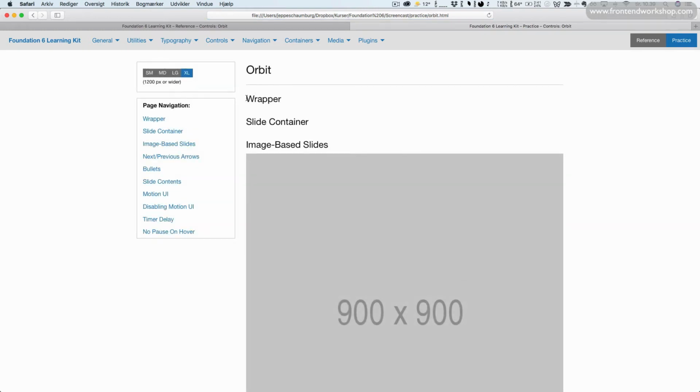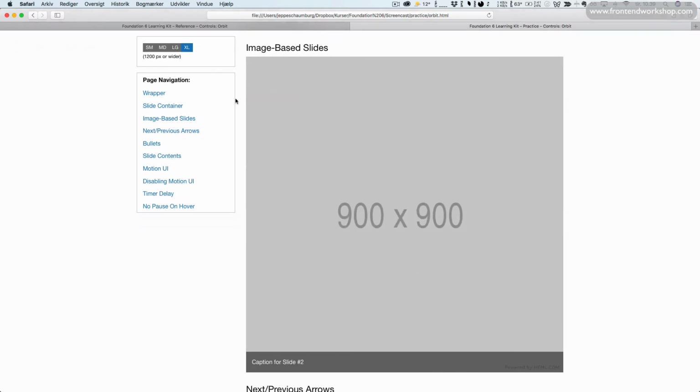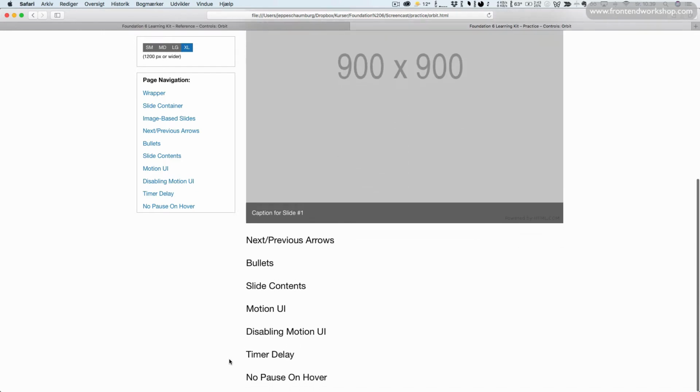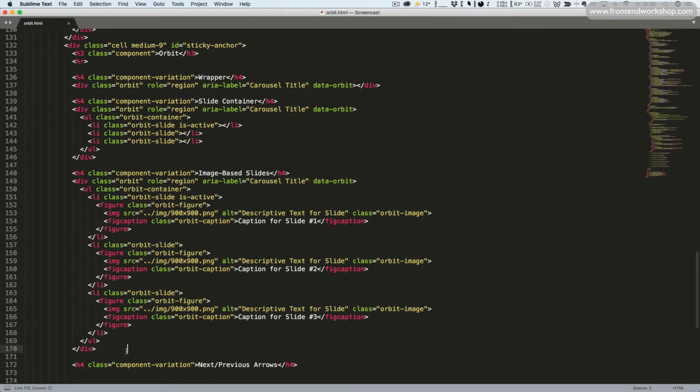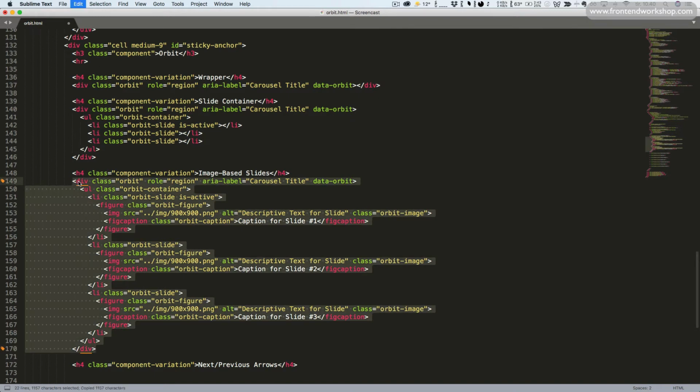As mentioned earlier, the wrapper and slide container can't be seen. It's just code with no content. But here we have the fully working orbit with image-based slides, we see that we have the caption in the bottom, and we see that it automatically transitions to the next slide. Alright, now let's add next and previous arrows so the user can control the transition from one slide to the next or previous. I'll copy all of this code,